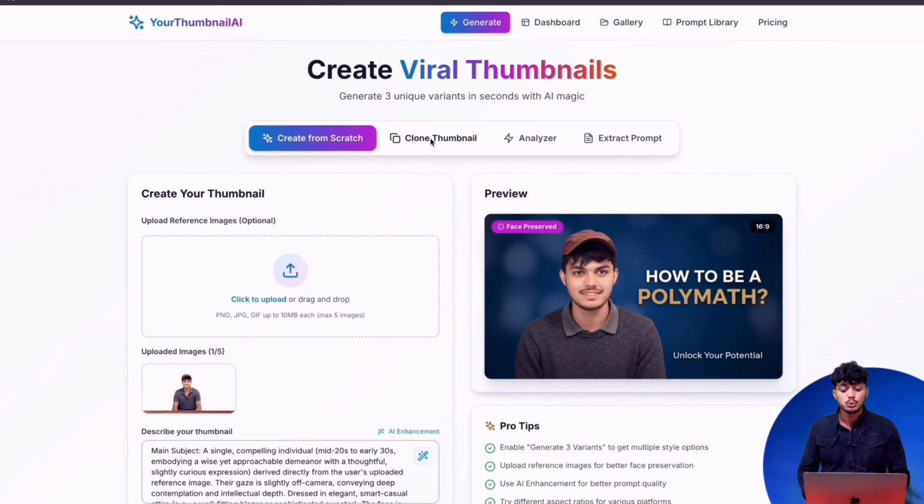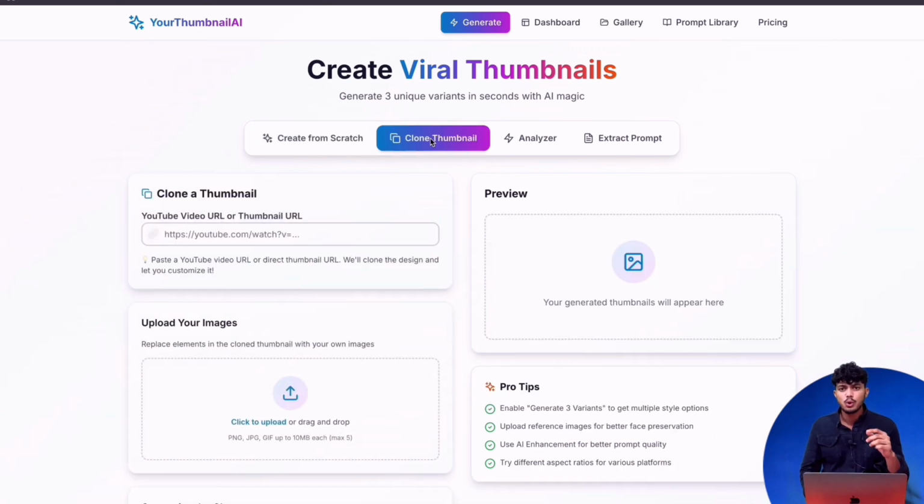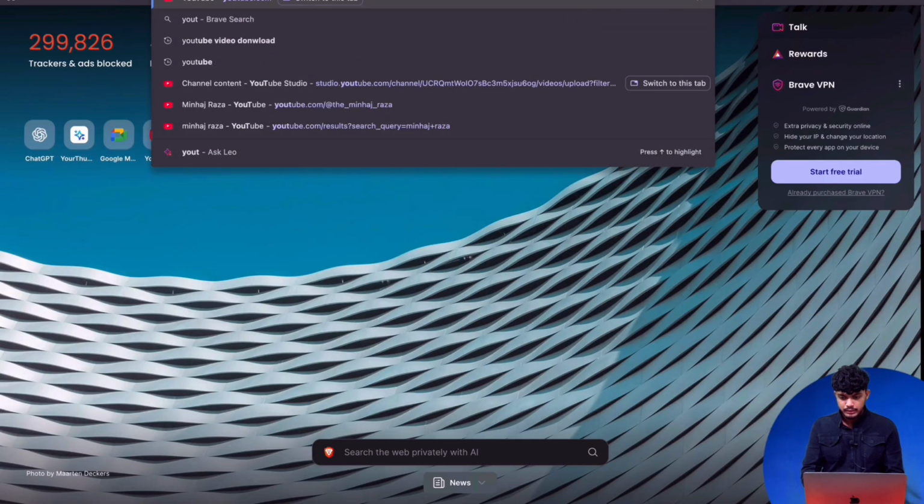Second approach is clone thumbnail. Like suppose you saw any YouTube videos going viral and its thumbnail is quite beautiful. It has very high CTR. So you can clone that thumbnail with your image, with your pic. Let me show you. So what I'll do, I'll go on YouTube firstly, and from there